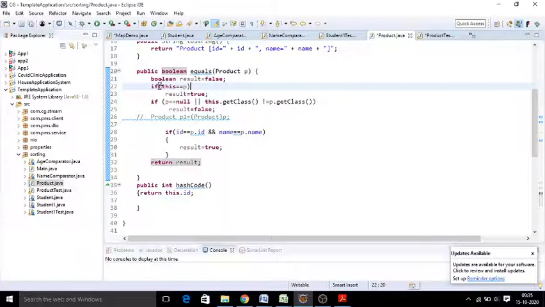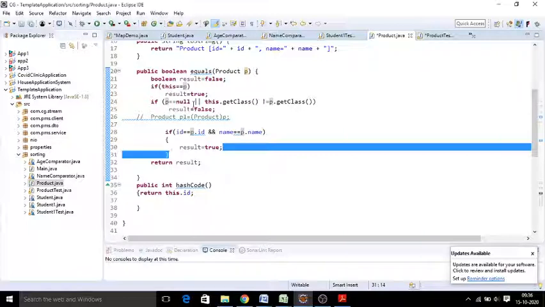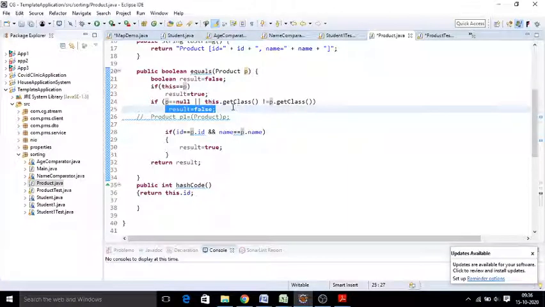And here the first thing you have to check is whether the current object, this, is equal to the passed object, the object of the current class we want to compare. If both are the same, we can say the object is the same. Object equality is done. The second thing is, if your object is null or your object.getClass and this.getClass are not equal, then your equality is false. By checking the class name and whether both the addresses are the same or not, we ensure whether the objects are the same.